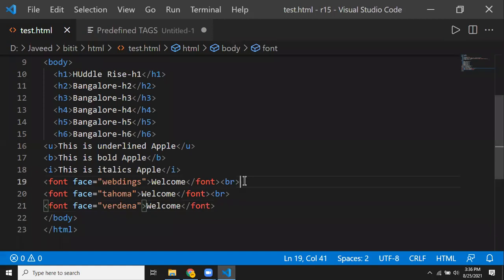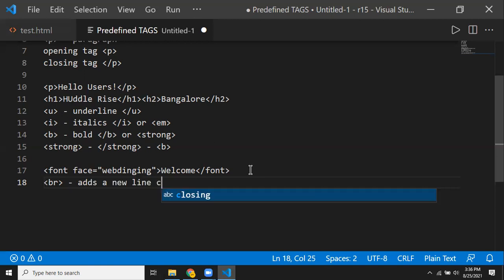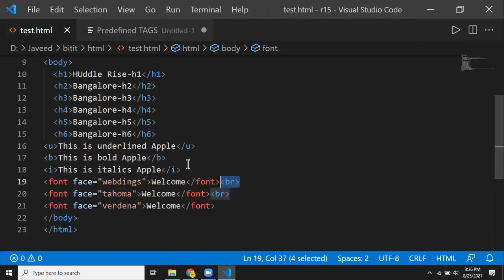Now when I talk about this BR tag, it is one tag which helps me add a new line character. So the BR tag adds a new line character in the output. Here we are taking the example: I'm asking to display the font face, the message welcome, then closing this.